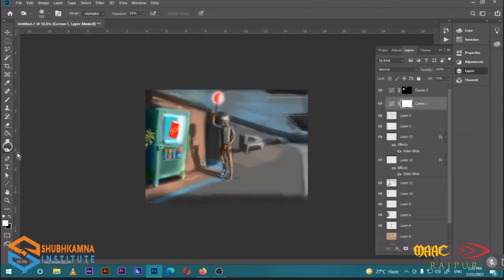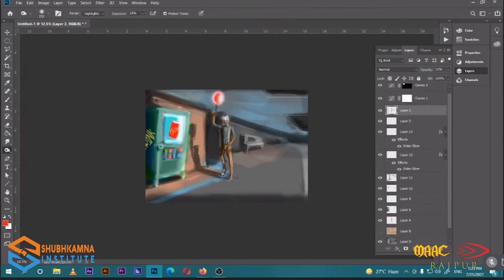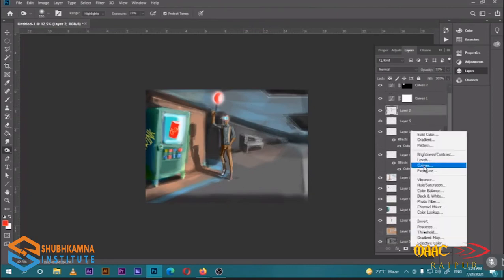Now I'm gonna select this burn tool over here and start painting over my lights and shadows in order to arrange them a bit more. Now it's too much lit and I wanted this to be a bit dark area, so I'm just gonna select my curve layer one more.